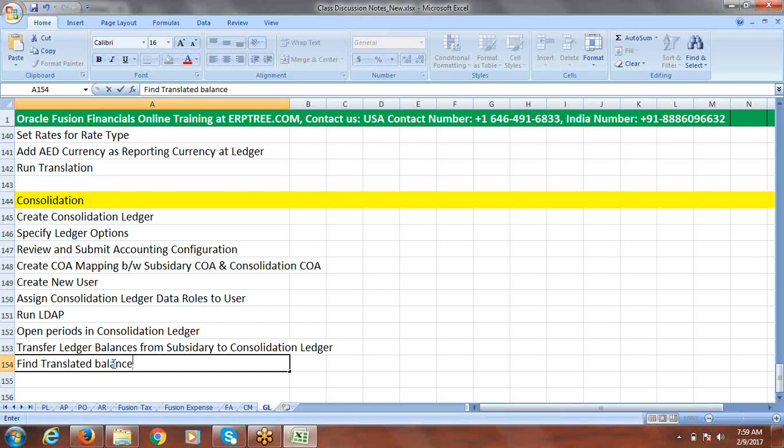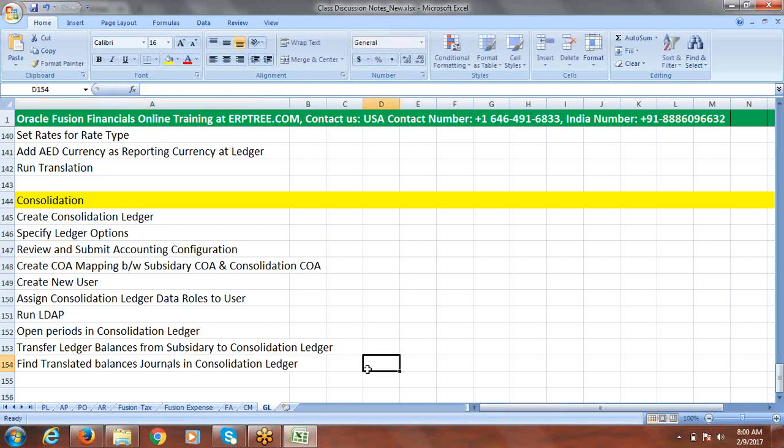Okay, the translated balances related journals in consolidation ledger. What are the balances you translated by using the translation? Whether those are transferred to the consolidation ledger, we'll go and check. Say, find translated balances journals in consolidation ledger.